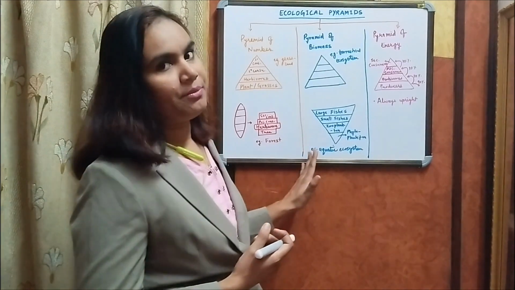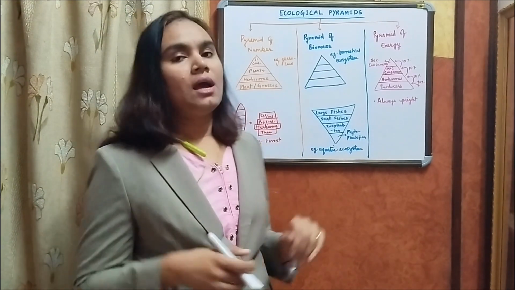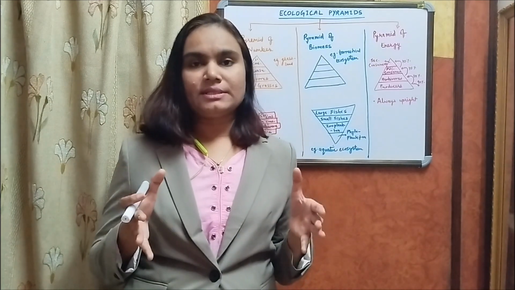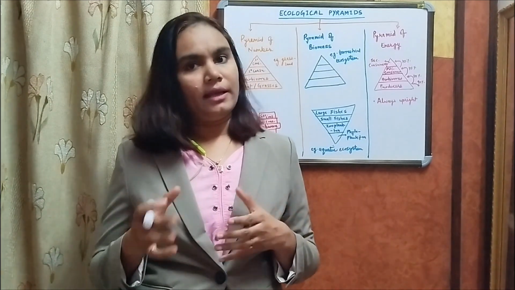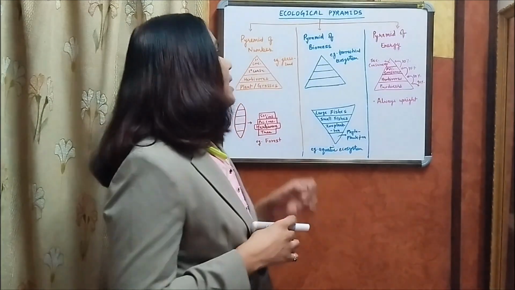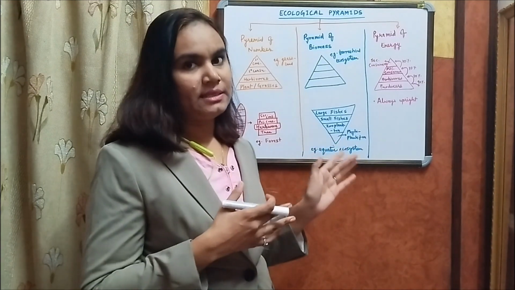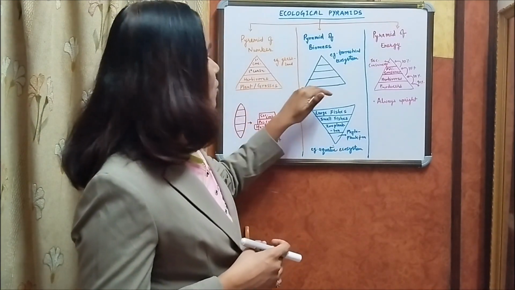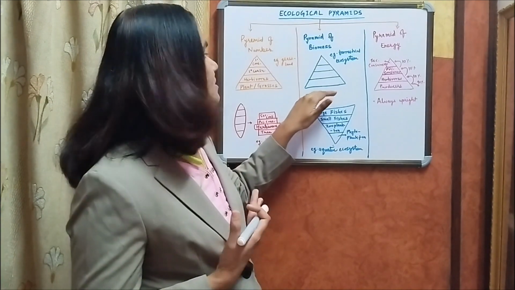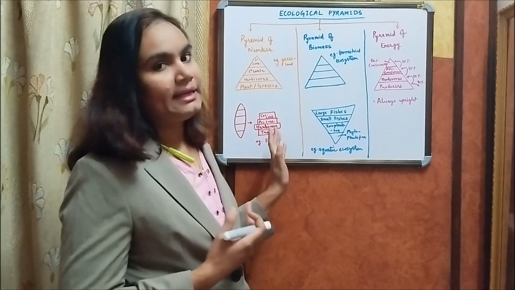The next is pyramid of biomass. In pyramid of biomass we represent amount of biomass that is present at each trophic level per unit of area in an ecosystem. And normally we consider the amount of biomass that is present at a particular point of time at different trophic levels. So normally this also takes this upright shape, but in aquatic ecosystem especially it can take